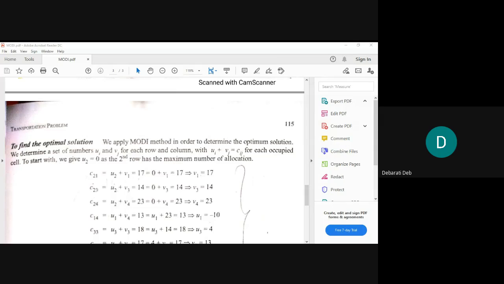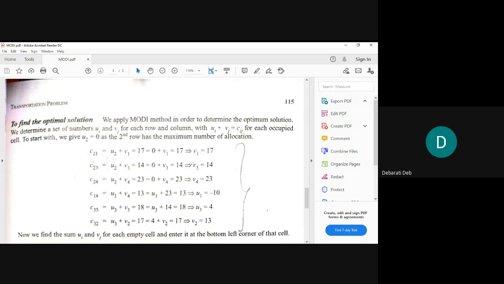How will we utilize this function? We will first take the row name and the row number, and the column, then the column number. Row and column will be denoted by u and v respectively, and then we put the number of the row and the number of the column. The total of these two will equal the cost present in that particular cell. Now, what will be the values of u2, v2, u3, v3, whatever the notation for the row side and the column side?